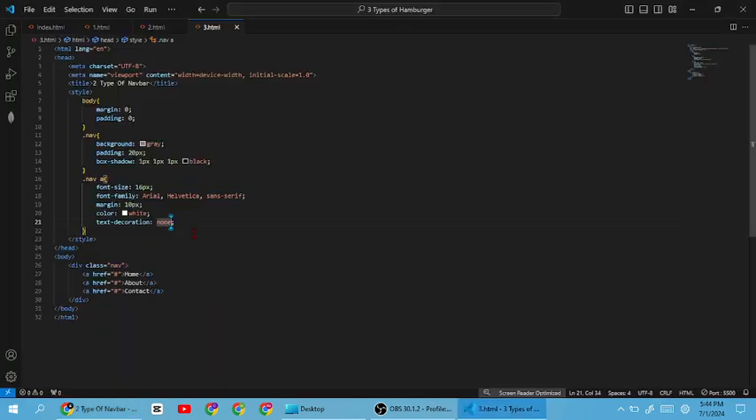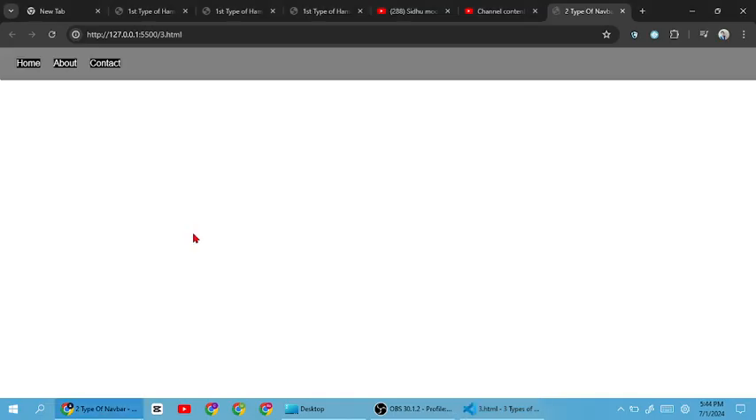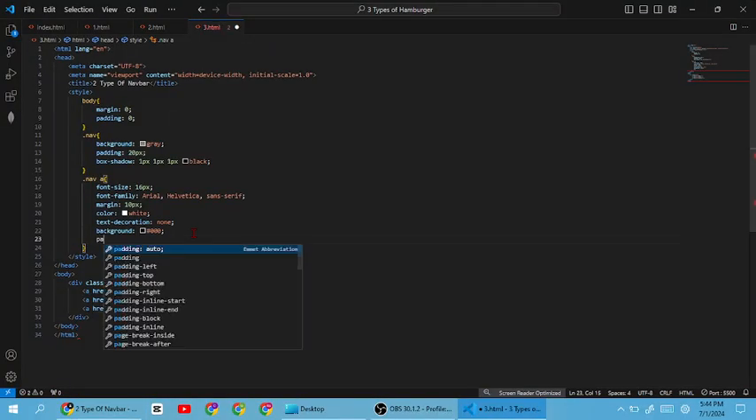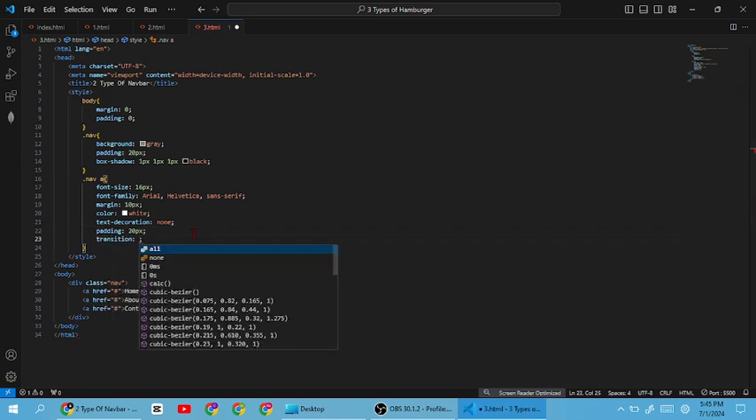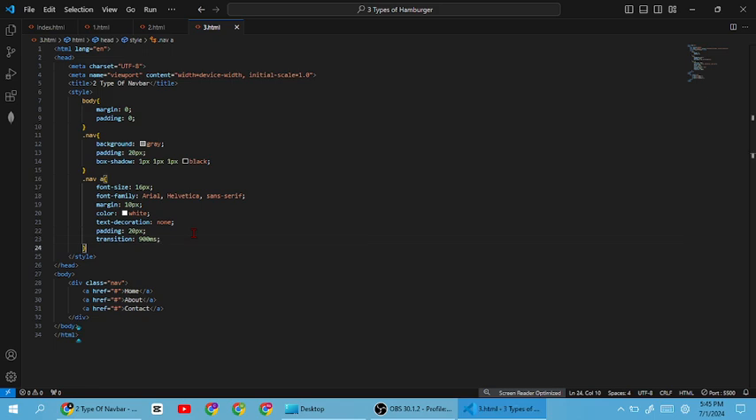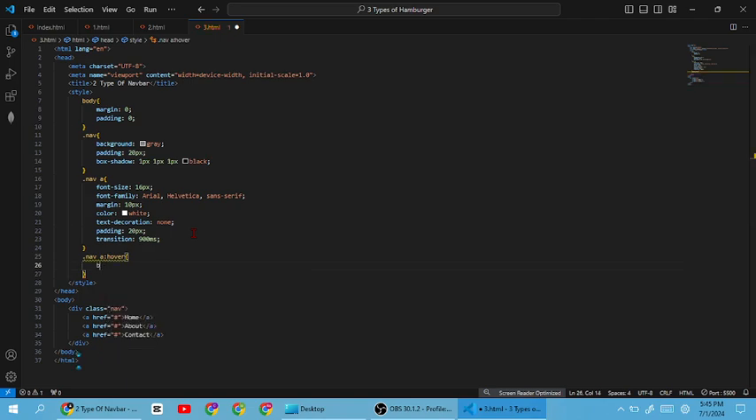So after doing that, we will give here a background black and add here a padding of 20 pixels, like this, and finish the background color and add here a basic transition of 900 milliseconds. After that, write here dot nav anchor hover. There will be the background color hover that will be black,